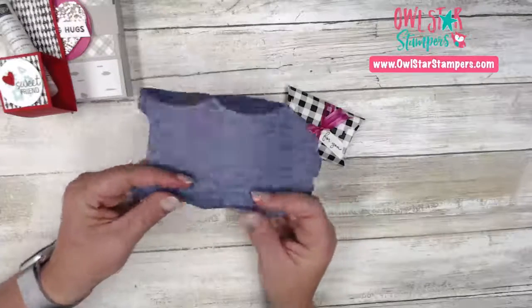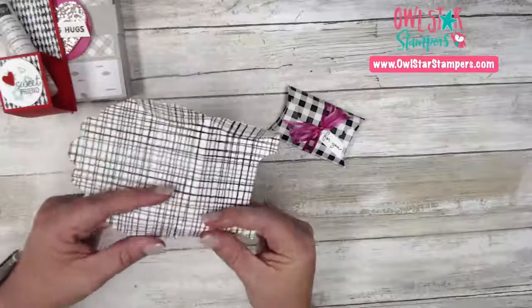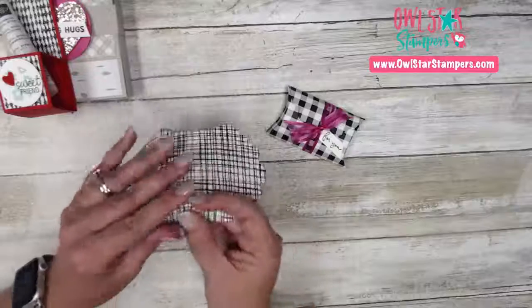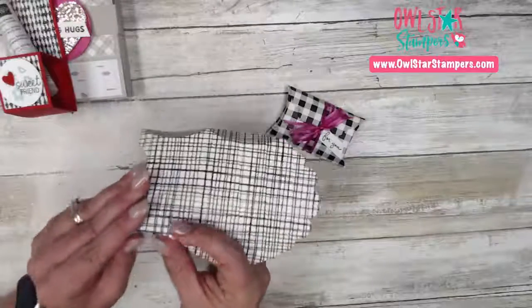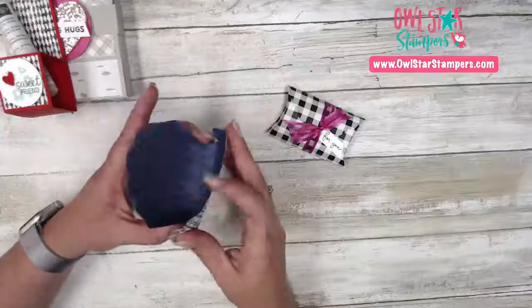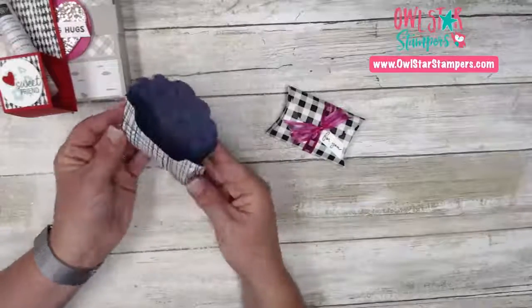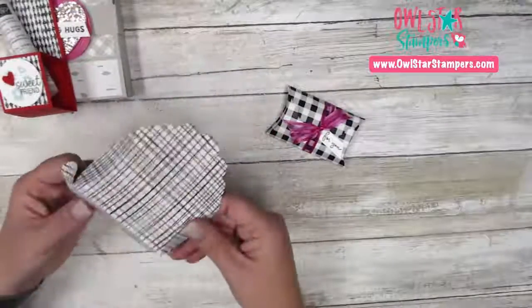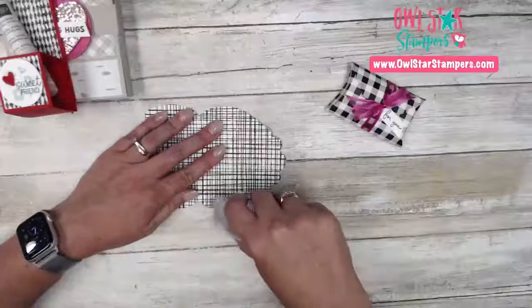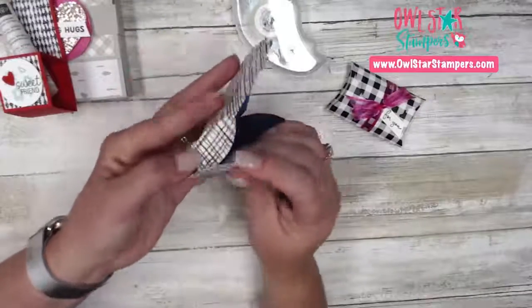So I'm doing it kind of backwards, but once I get it folded, just like that, you just got to be a little patient with this one to go along that score line because it's not a straight line. At this point, you can use your strong adhesive, whichever you like, whether the Seal Plus, the liquid glue, or Tear & Tape. Here's where we are going to add it on these outside flaps towards the top. I'm just going to add some Seal here on those flaps, and then we're going to take this one and just pull it up